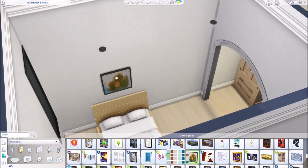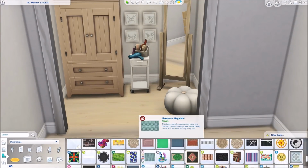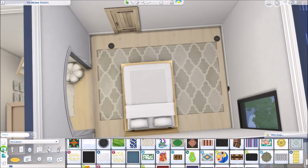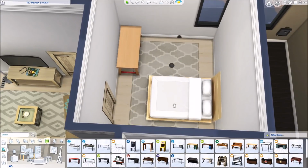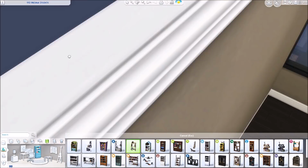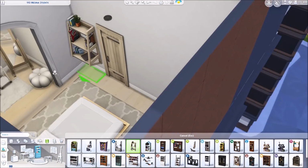I kind of was thinking that maybe it looked like whoever lived here could easily put that stuff away, or maybe just kept a few things out so it's accessible when they want to get ready in the morning. But they don't have a big counter with a bunch of makeup or a bunch of combs and brushes or whatever all sprawled out. They like to keep it a little bit tidy. Like I said, I feel like some people might not find this very minimal,